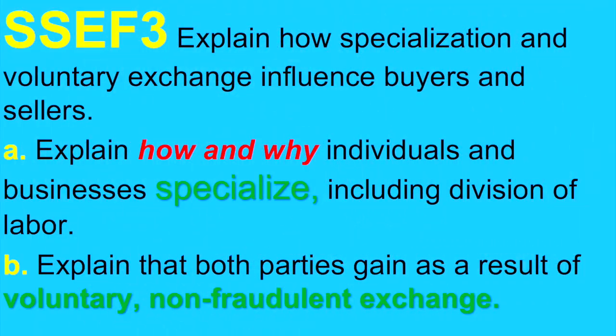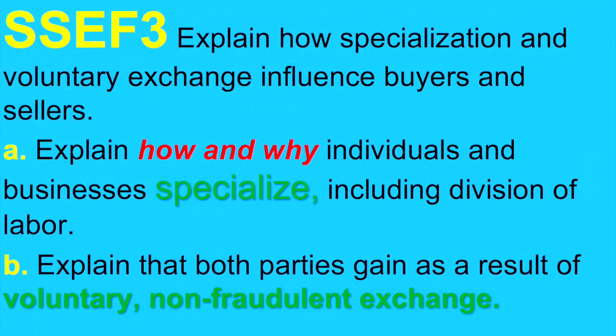This is the second one in a series designed to hopefully help you understand economics a little bit better and make you a little bit more successful, not only in your class and on the EOC, but of course, perhaps, maybe even in life. So this one's going to be a little short one. It's basically because we're just going to be concerned with just two terms, and those two terms are specialization and voluntary exchange. And of course, these are related to the standards. So let's make sure we go ahead and show you those.